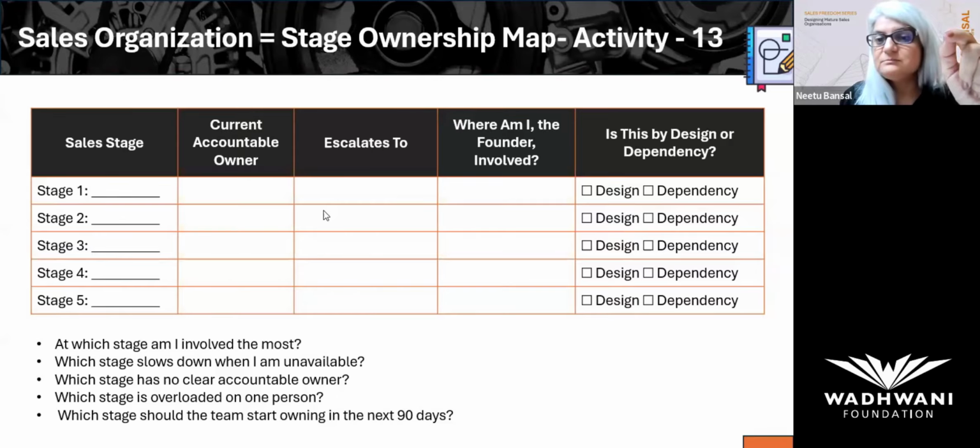For example, I see a lot of people who come from a technical background. A lot of the technical decisions in their business, they are the one who's driving it. Why? Because there is nobody who knows the product as technically well as they do. So it is not just by design, but there is a dependence. Nobody else in the team. So that is a dependency, and it's an unhealthy dependency.